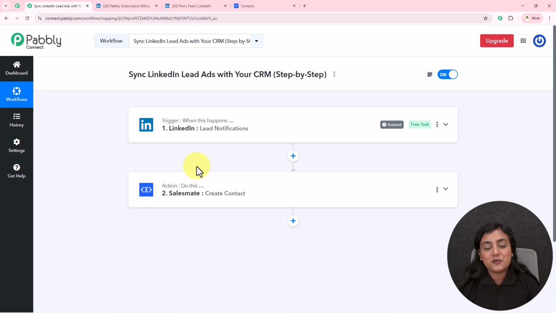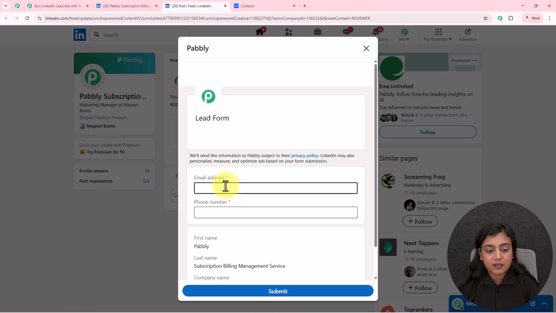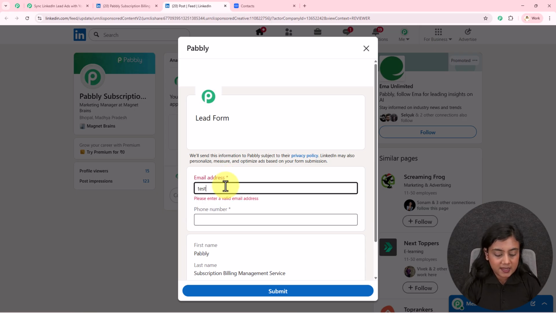Okay, first of all, let me show you how this amazing automation is going to work in real time. I will generate a test lead using LinkedIn lead ads and then check whether automatically that lead is created as a contact into my SalesMate CRM application or not. Okay, so over here this is my test lead campaign that I'm running using LinkedIn lead ads. Now to generate a test lead, I will click on this apply now button. It is asking for my email address, for which I'll write it as